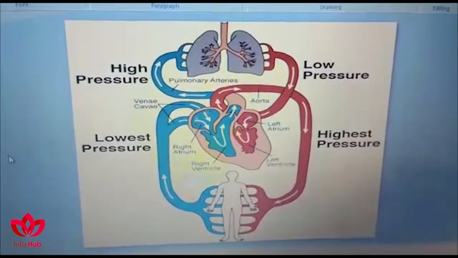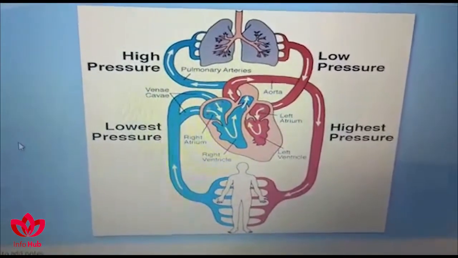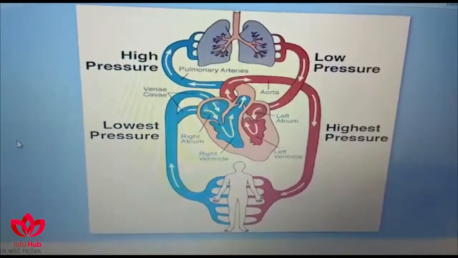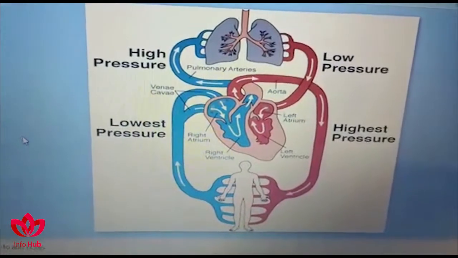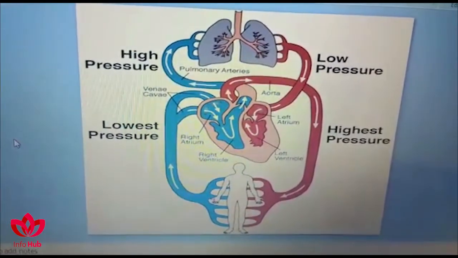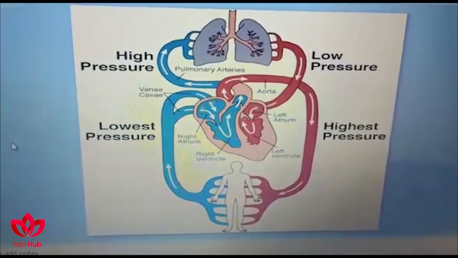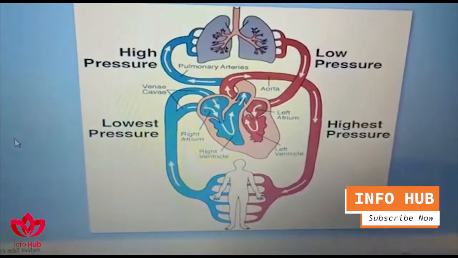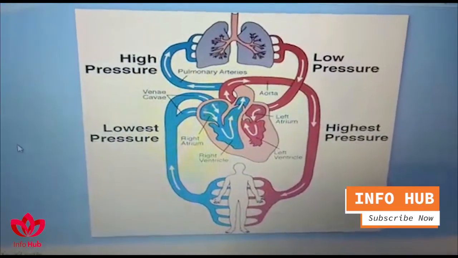In this diagram, you can see that circulation is a closed circuit, consisting of 2 loops. One is the pulmonary circulation, or the lesser circulation, and the other is the greater circulation, or the general circulation. In the pulmonary circulation, the deoxygenated blood, shown in blue, comes into the pulmonary circulation, and after being oxygenated, it returns to the left side of the heart, and through the aorta, it is transported to the body through the general circulation.